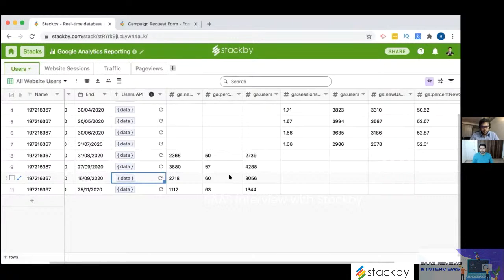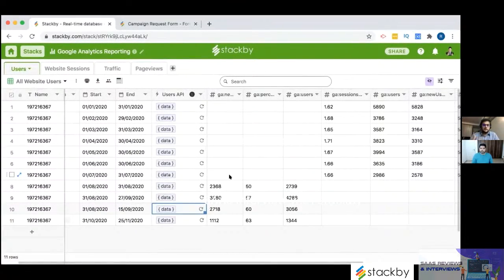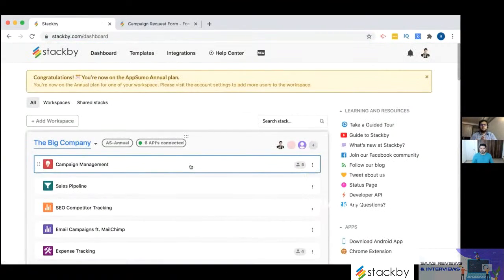Like this. So this is how you can also track a lot of the data from different services on the platform. We have 40 such services that we've integrated with, all the popular marketing services like YouTube, Facebook, Facebook ads, Google Analytics, Google Search Console, and so on, where most of the entrepreneurs and marketers use these services to manage and track their data. So the idea is, how do we plan, manage, and automate our reporting and data gathering in a single place? And that's what Stackby is all about.